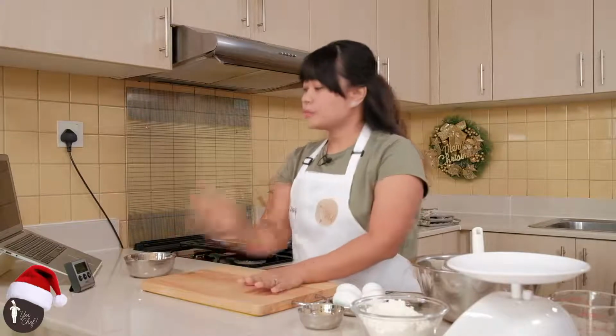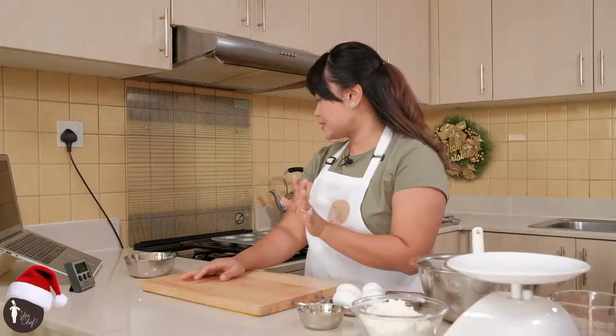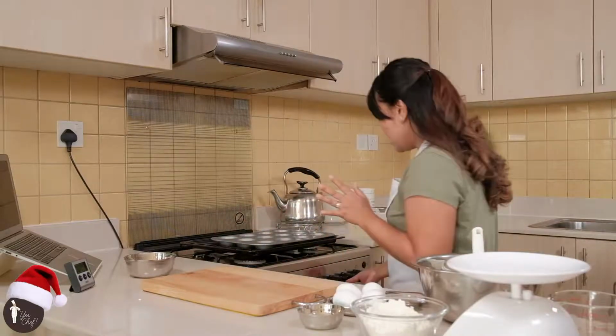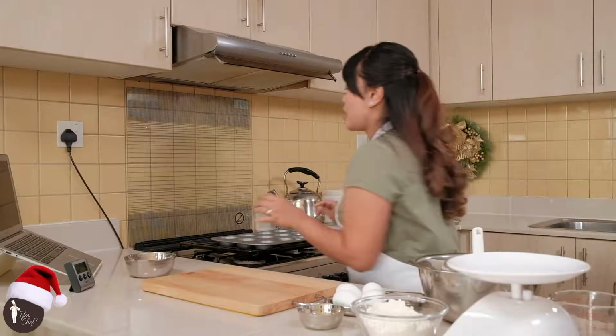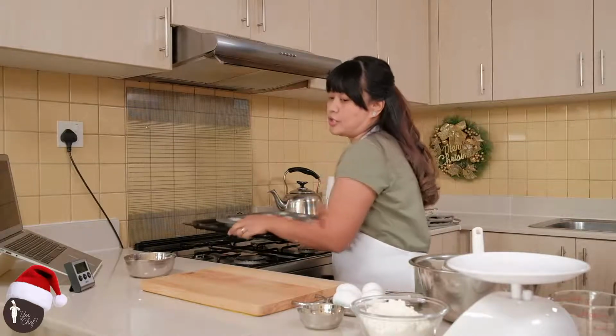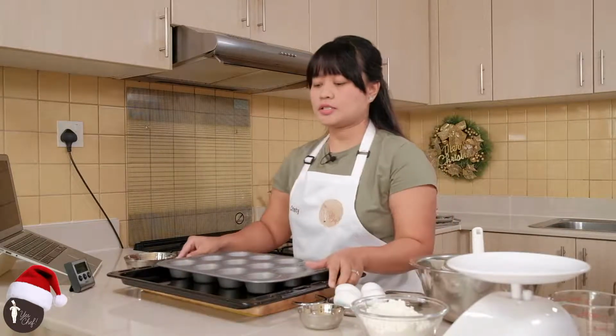Now, for this one, all you have to do is preheat your oven first before anything else. Like 15 or 20 minutes before cooking, just preheat your oven. I just do mine now, and before we bake something, I'm going to show you what